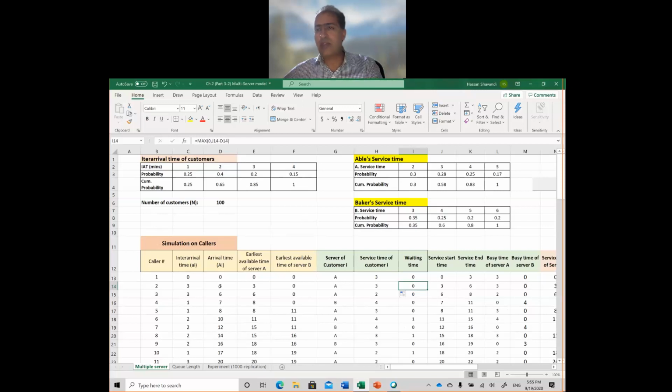Yes, the service start time minus the arrival time will be the waiting time, and if it's negative or 0, we take the waiting time as 0, but if it's positive, it will be the waiting time. The service start time will again be the maximum between two quantities: D14, where D is the arrival time, and the minimum of E and F. E here is the earliest available time of server A, and F is the earliest available time of server